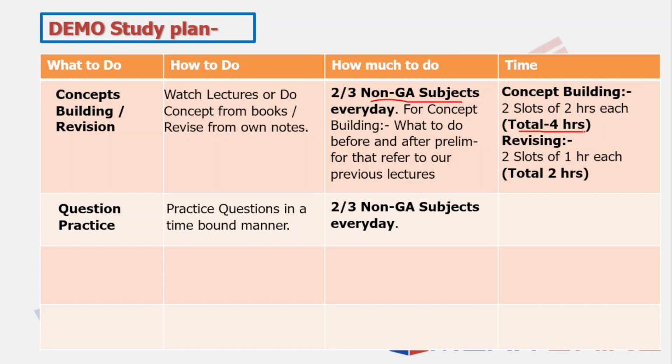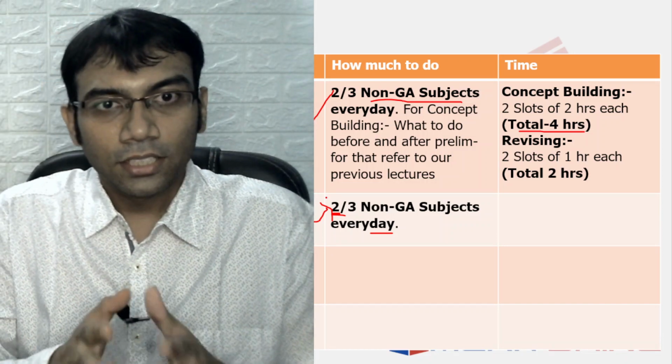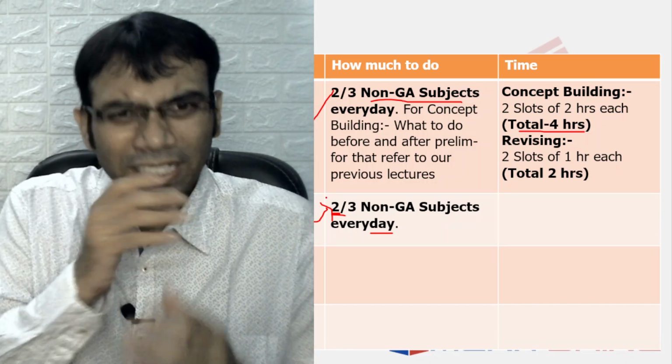Okay. Again, what would be the rule? The rule would be take 2 out of the 3 non-GA subjects every day. So here also the same rule would follow. Now you might ask that, sir, therefore then we can practice the same 2, right? Here also. Yes, you can, but a lot of times what happens, my dear friend, I'll come to the screen for this. See, what happens is that, especially in